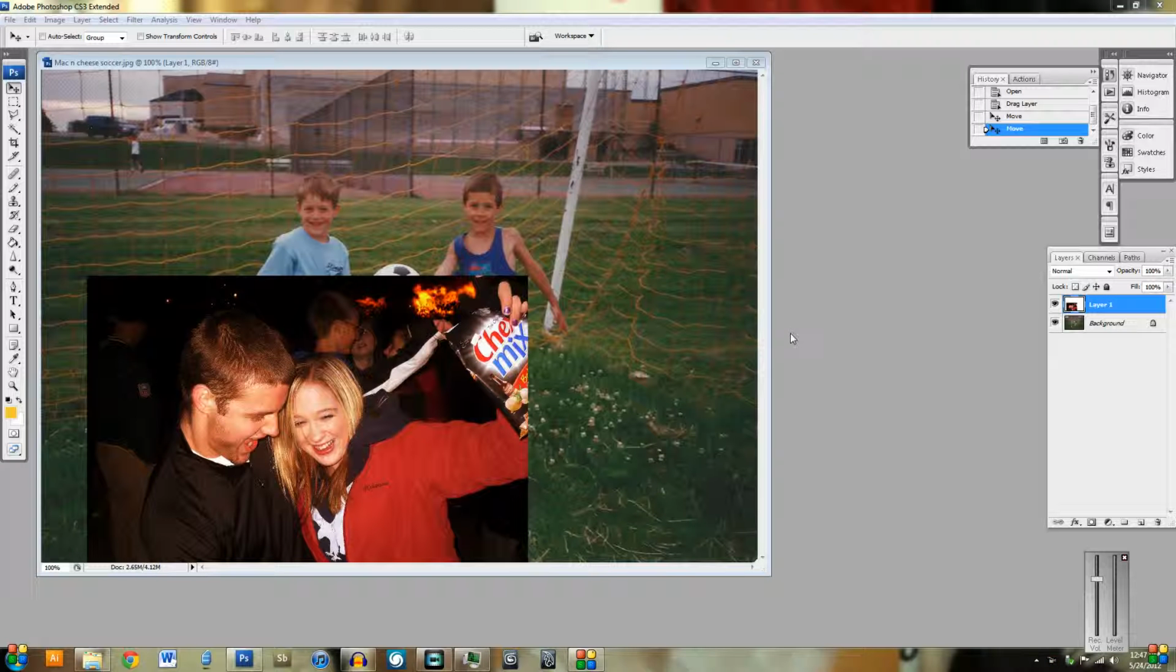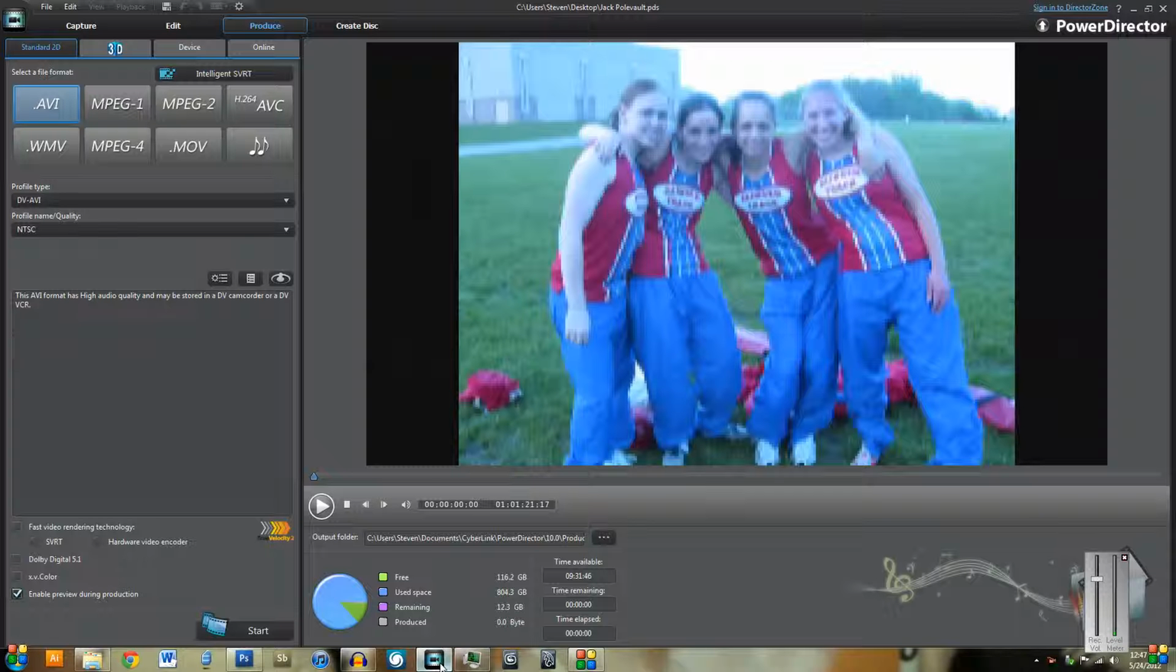Hello YouTube. I'm going to show you today on three different types of editors the difference between a project file and a raw data file. I'm going to be using a photo editor, an audio editor, and a video editor. The difference between